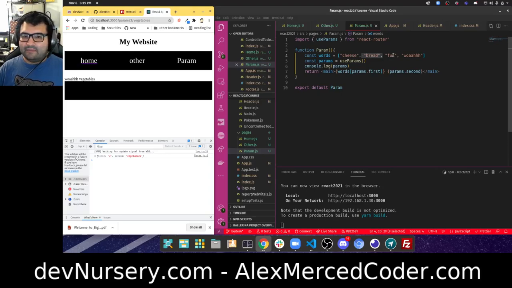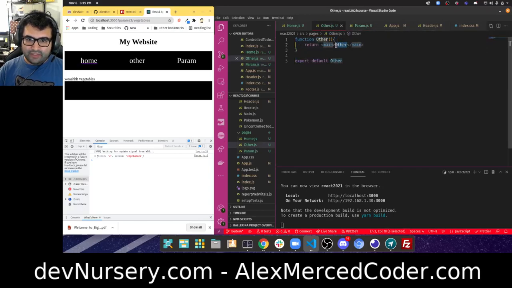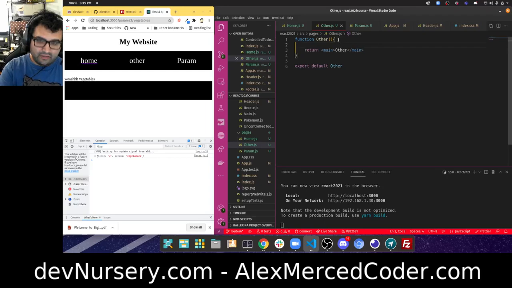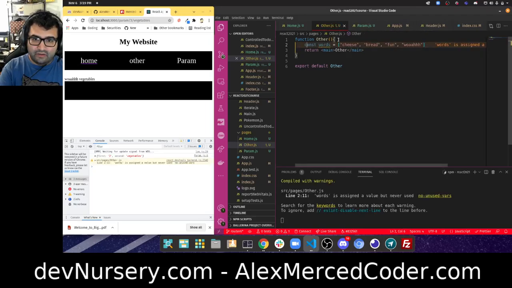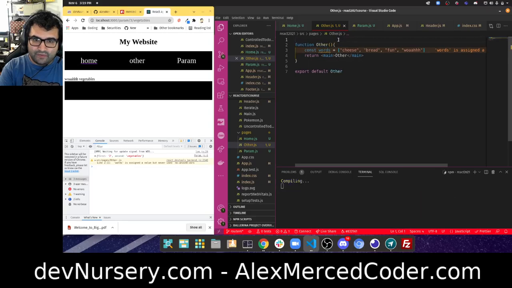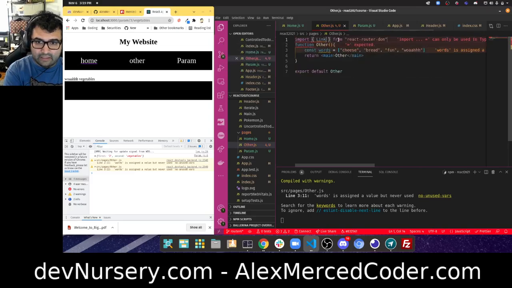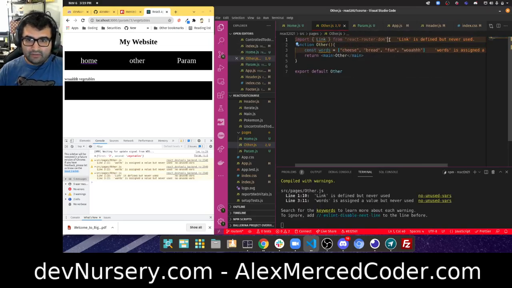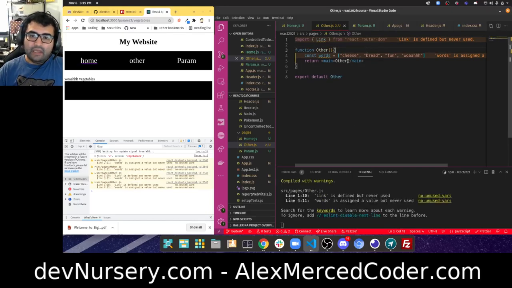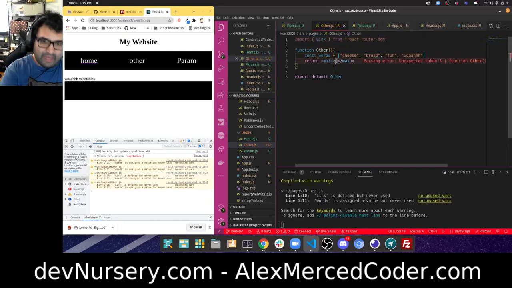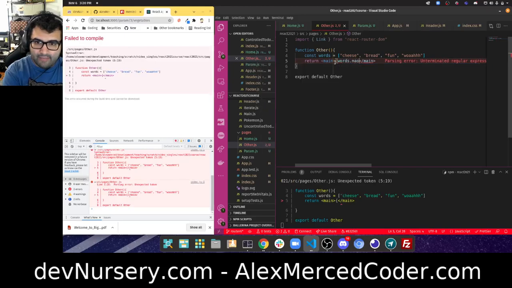Okay, so for example, if I were to take the same array and put this on the params page, actually let me put this on the other page. So on the other page, what we're going to do instead is create a link for each of these words. So I'm going to import Link from React Router DOM. And now I'm going to map over the array. So words.map. Then for each word,